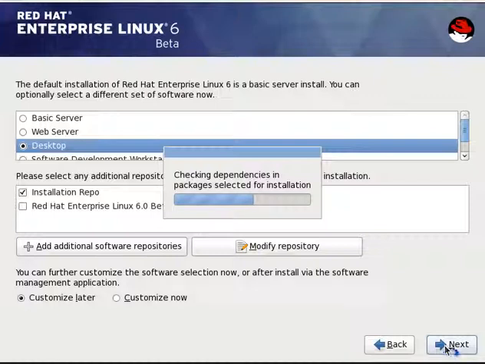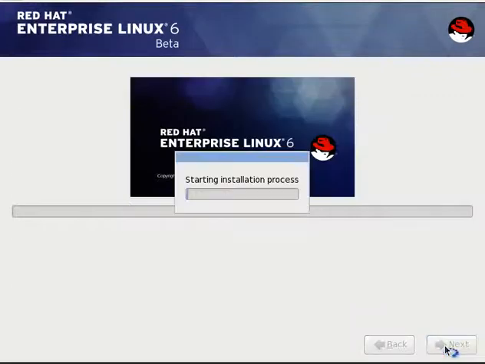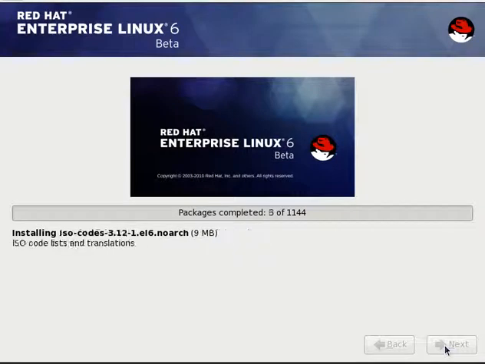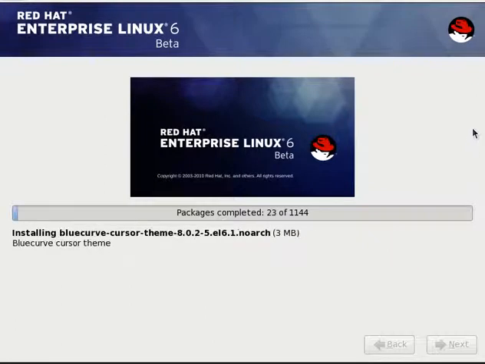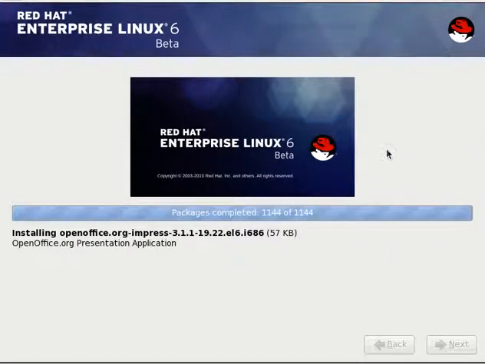Okay, it started installing. Let us wait for some time so that it will install the things. It will take a couple of minutes, depending upon the software we selected. So in the meantime we'll pause this video, and once it has installed every application, we'll start the video once again. Yeah, we are almost completed installing the OS. Let us see how much time it will take.